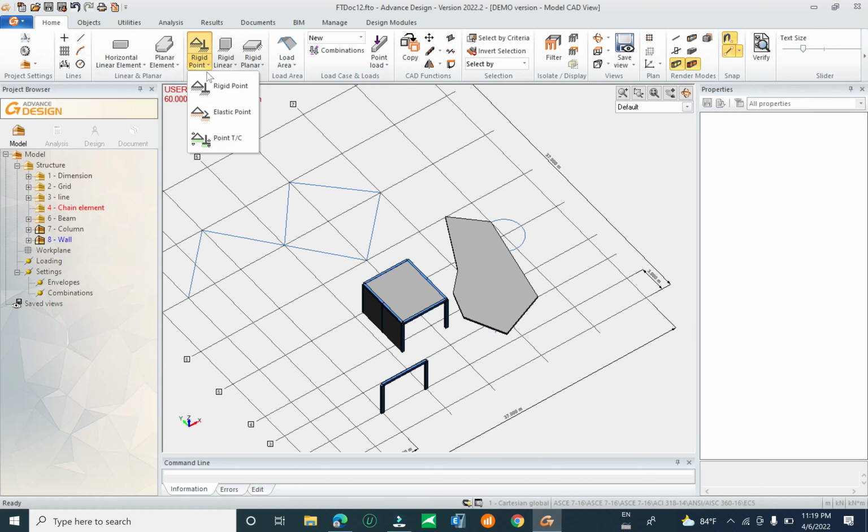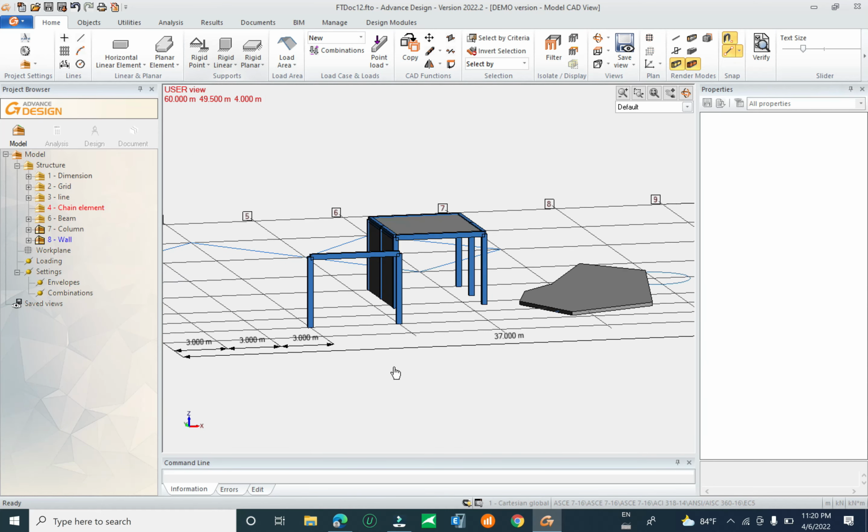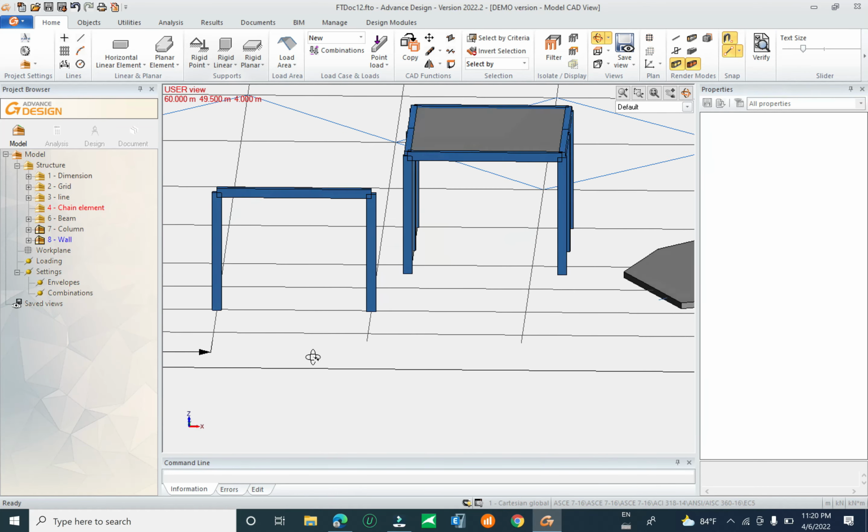Rigid point is for the support. This one is for the fixed support. You can create for the rigid point, for the pin, and for the fixed, and for the elastic. Now if I want to create support for the column, I can